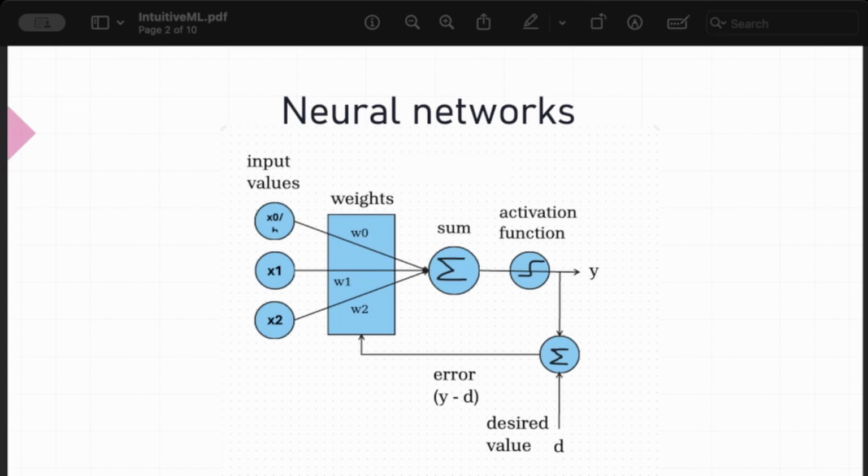Each neuron has some number of input values. These are data points that represent the different features of your domain. Each of those gets multiplied by a weight. And the weights are initialized to 0 or some arbitrary starting value, and then they are learned over time. You can think of them as a factor of how important this input value or feature is to the eventual answer. The algorithm adds all of those together, and then that value goes through an activation function.